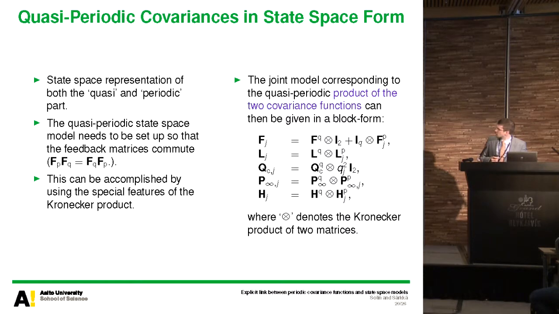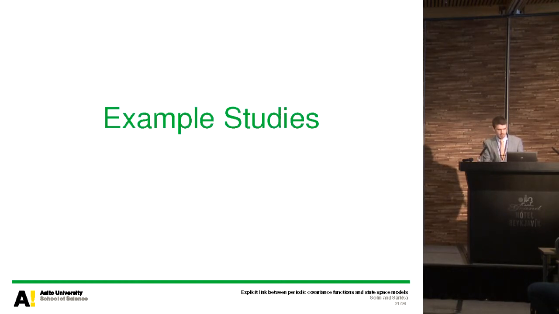I'm not going into the details, but the actual state space model for this quasi-periodic covariance model can be given in terms of the so-called canonical sum, the first row for F, and noise effect matrices, the spectral density, the stationary covariance, and the observation model are all given in terms of canonical products. The technical details are in the paper, so now I will try to convince you about the actual usability of these methods by showing you some example studies.